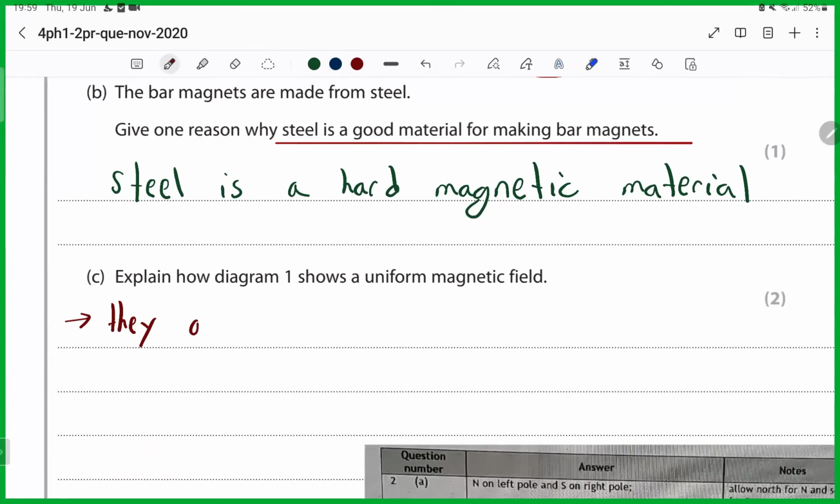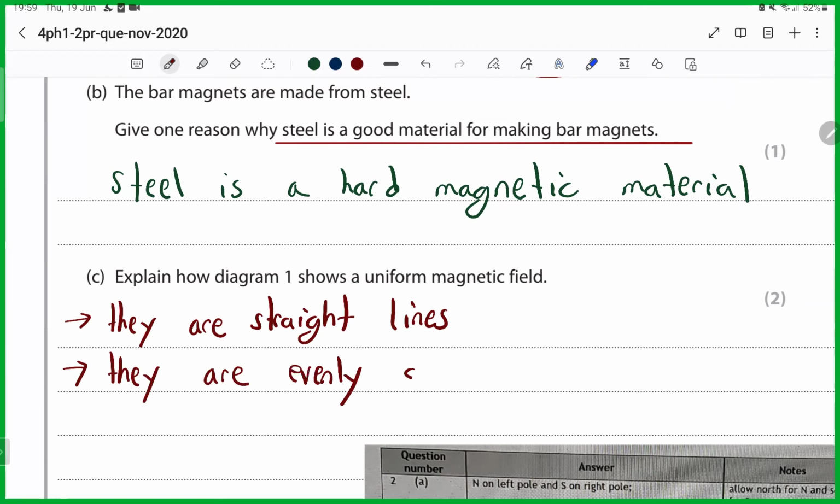They are straight lines. They cannot be curved lines. They have to be straight lines. They are evenly spaced and they are parallel. So if it was 2 marks, you can write any 2 points. If it was 3 marks, you have to write 3 points. They could have asked by giving